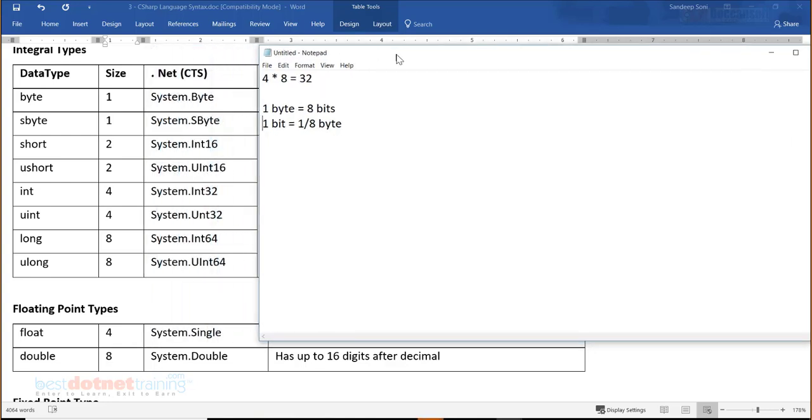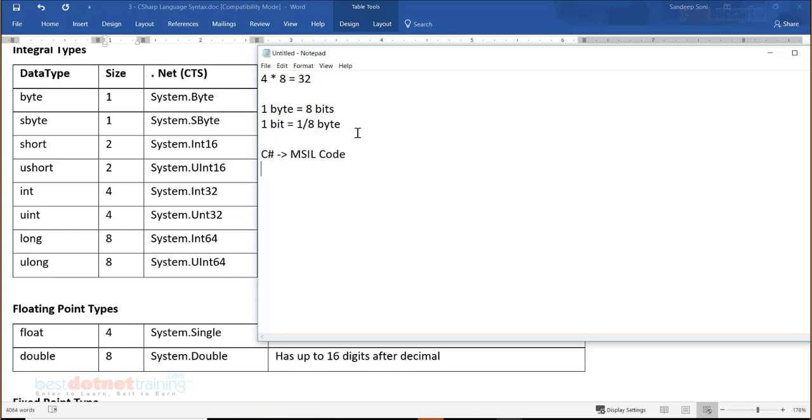And the next important thing here, the .NET Common Type System. Remember, whenever we write our code in C#, the C# language is going to compile itself into MSIL code. And what goes as input to the CLR is MSIL code, which is further converted to machine code and executed. But from a C# point of view, my only target is MSIL code and nothing beyond. Beyond that will be taken care of by the .NET runtime.